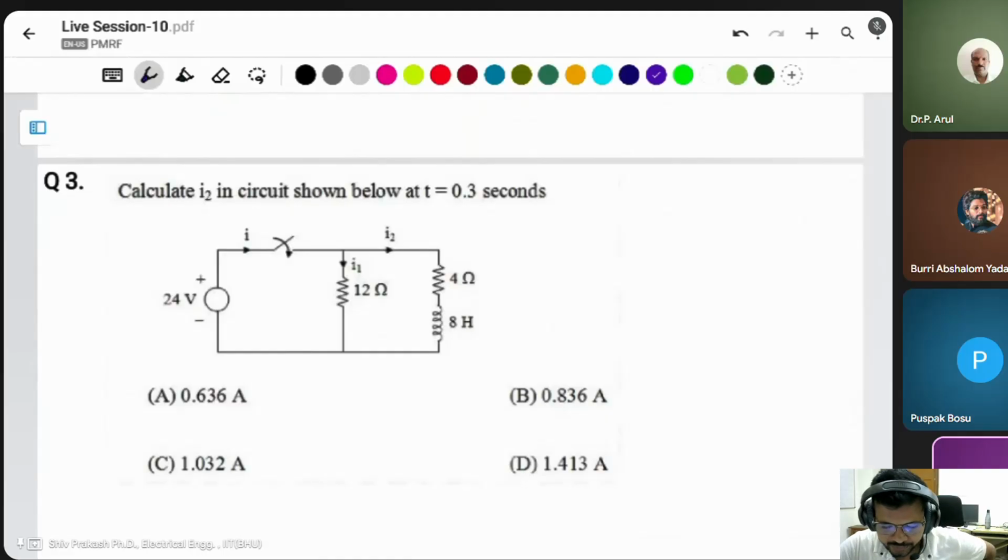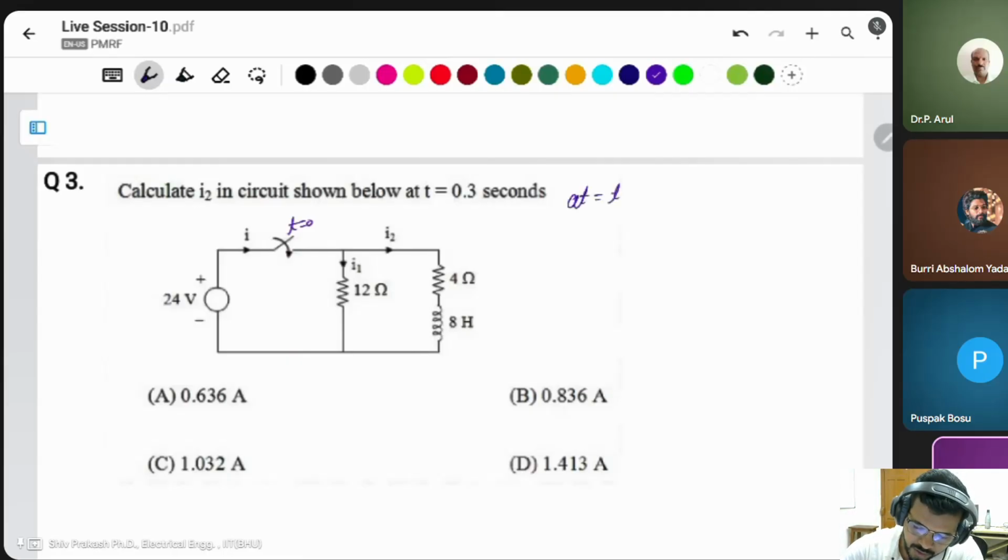Calculate I2 in the circuit shown below at t is equal to 0.3 second. In this condition, the switch is closed at t is equal to 0. You know, the arrow is there. This arrow shows that at t is equal to 0, the circuit is closed. Before t is equal to 0, this will be open circuit. In open circuit condition, the initial current of the inductor will be 0